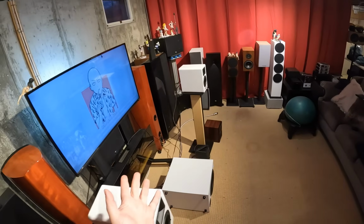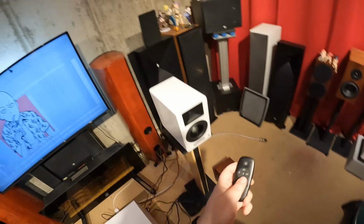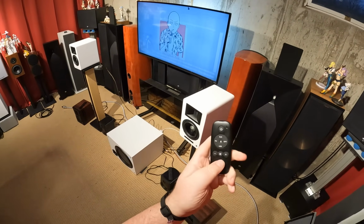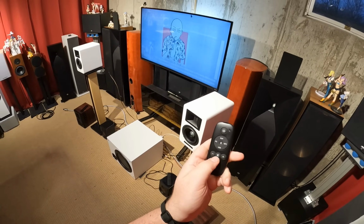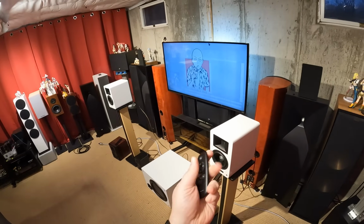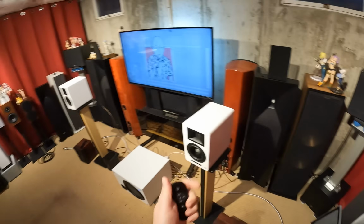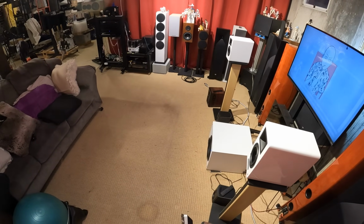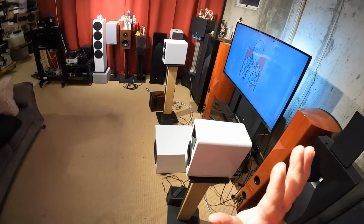And it's a self-powered pair. You don't see any amplifiers here. Look, a little remote control. PC, auxiliary, optical, USB, Bluetooth, volume down, volume up, mute, power. I don't like this remote. I kind of like the remote. No, I don't like this remote. We're going to get to these speakers and my disappointment in them. They're just a little...